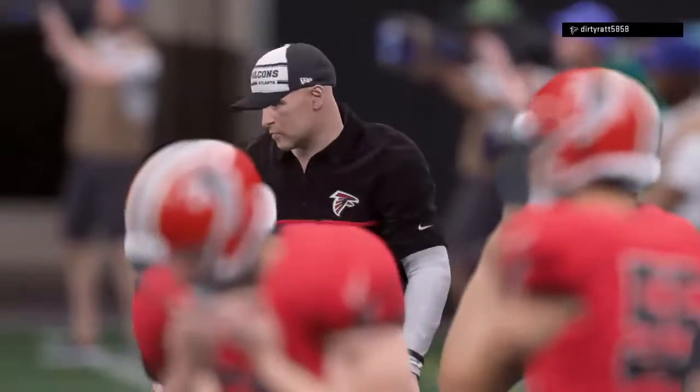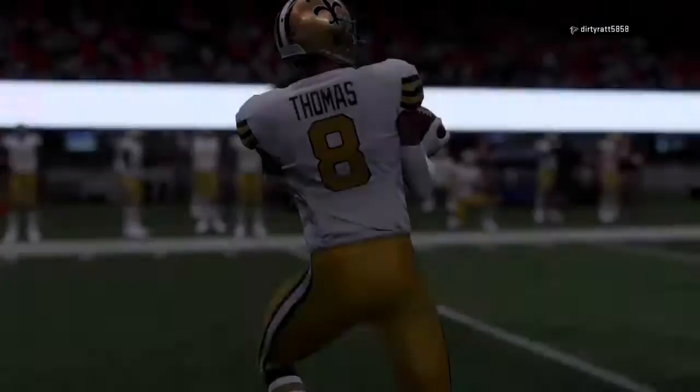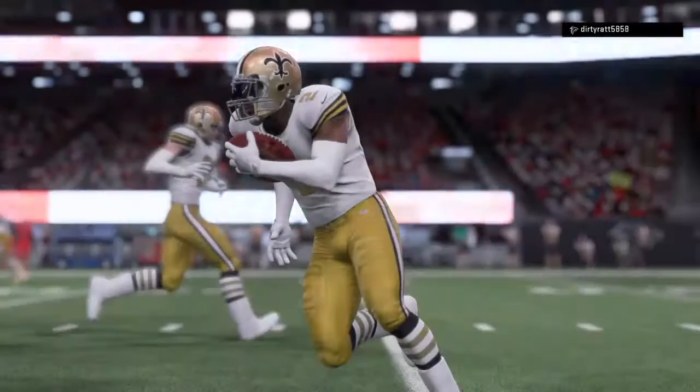So this one a victory here for New Orleans. And it was their defense that led the way, allowing just 3 points, that lone field goal in the entire second half. And remember the old adage, offense sells tickets. Defense